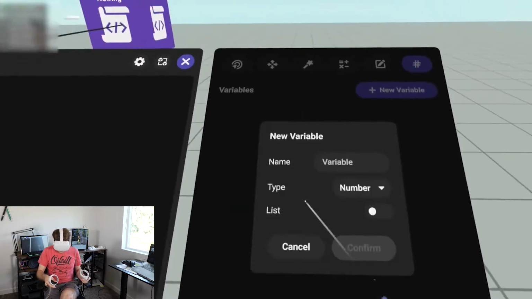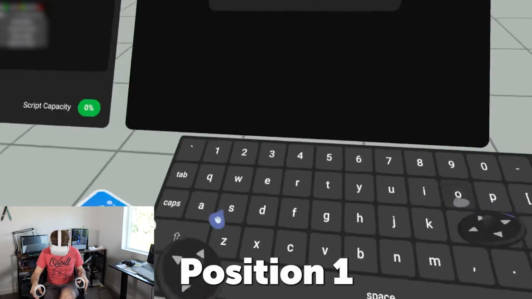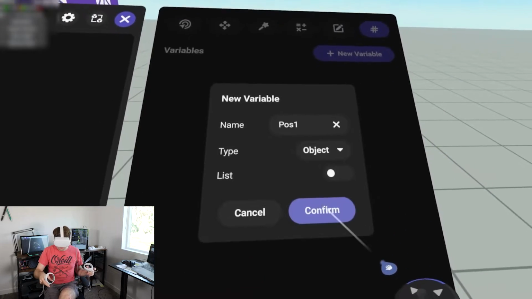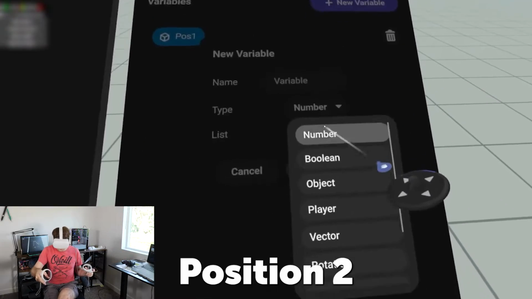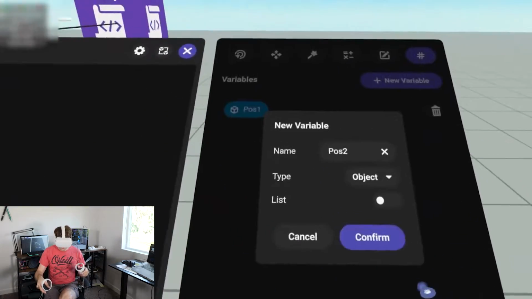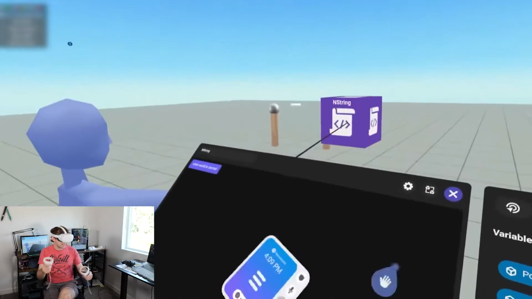So we got our inString, and now thinking about variables, we have two reference positions. I call these position 1, so POS1, and that's an object that's going to reference that position. We click confirm, and then we need position 2. So we're going to do the exact same thing, POS2, and click confirm. All right, so there's position 1 and 2, and those are going to be dynamically changing this